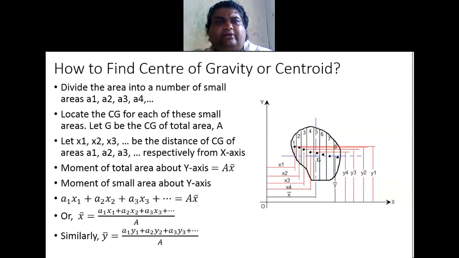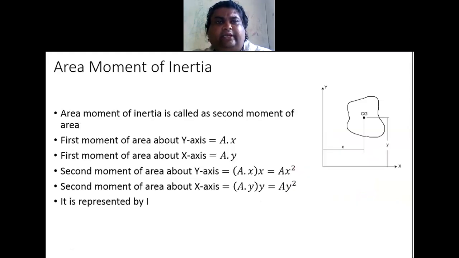Next, we will try to find the moment of inertia. Moment of inertia is also called area moment of inertia. There is also mass moment of inertia. See, in area moment of inertia, I am only considering this area. In case of mass moment of inertia, instead of area, it will be the mass of the object. That is the only difference. We don't need mass moment of inertia as of now, so let us not worry about that here. Area moment of inertia is called the second moment of area.